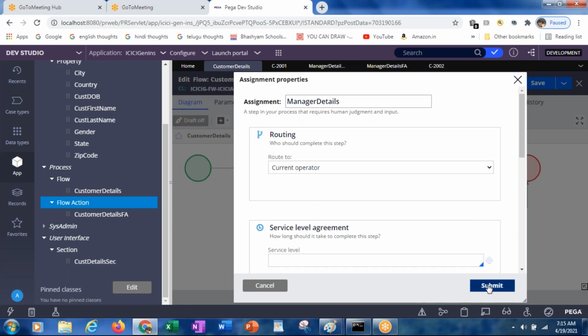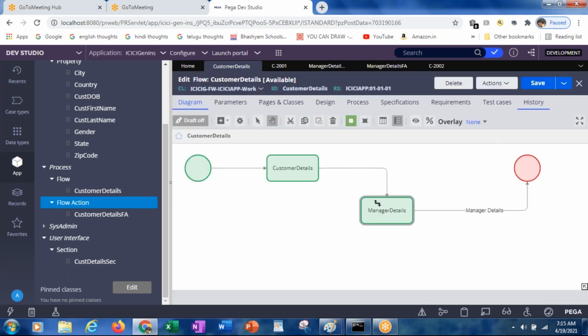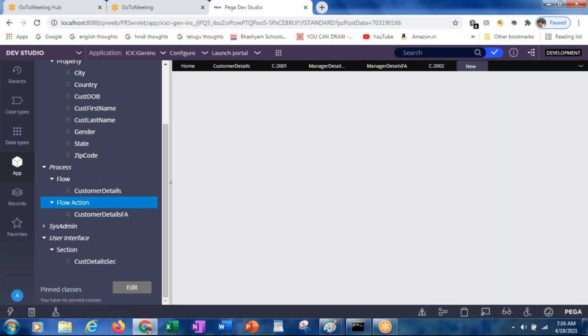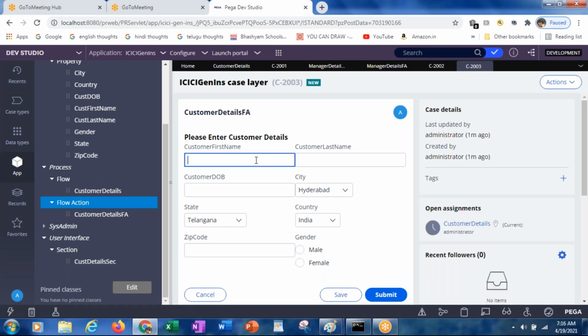So change the assignment details: manager details, submit, and then save it. Now if you run, customer details is there.